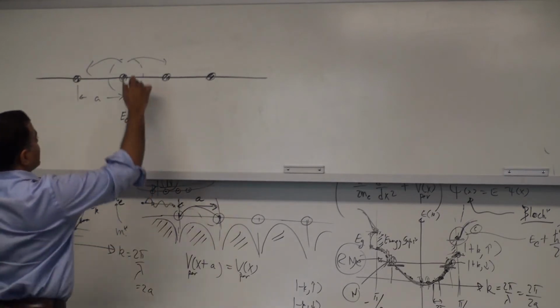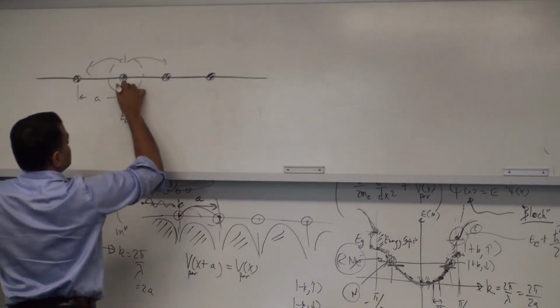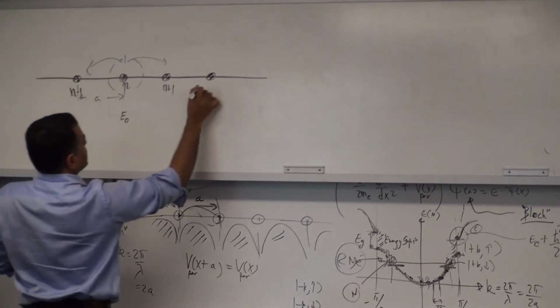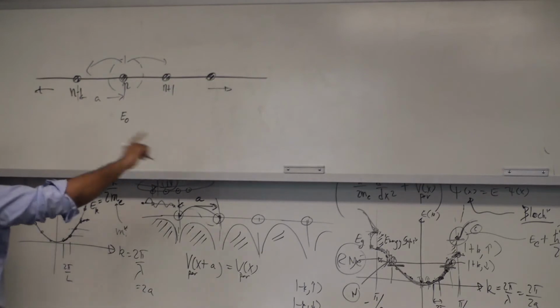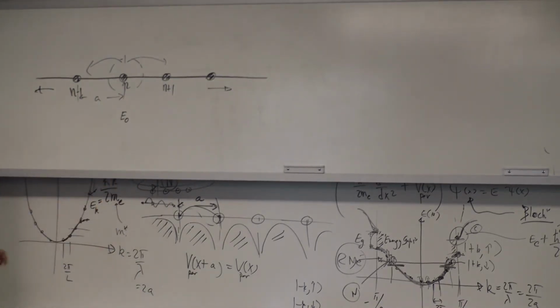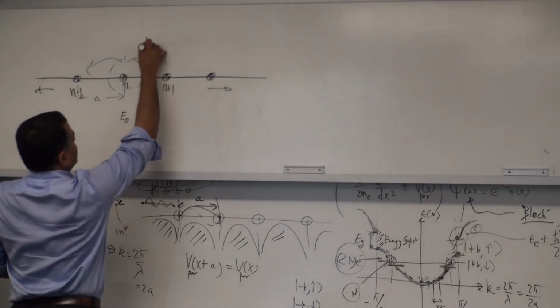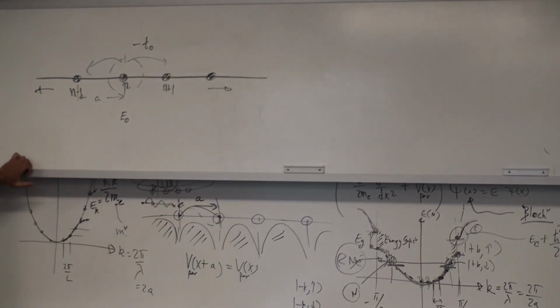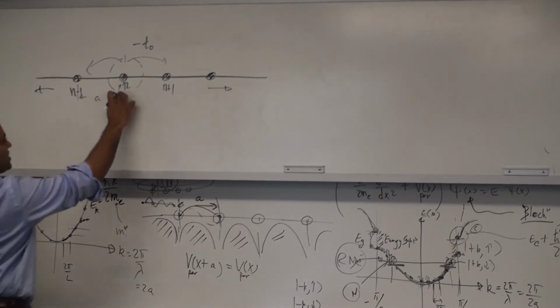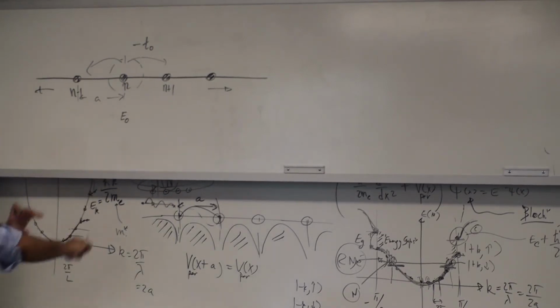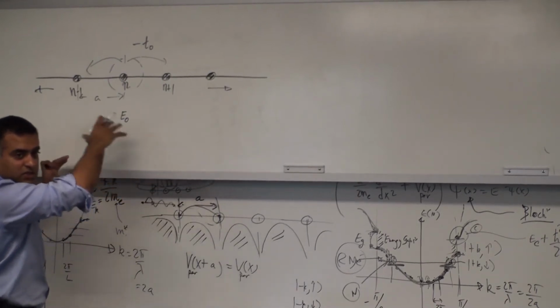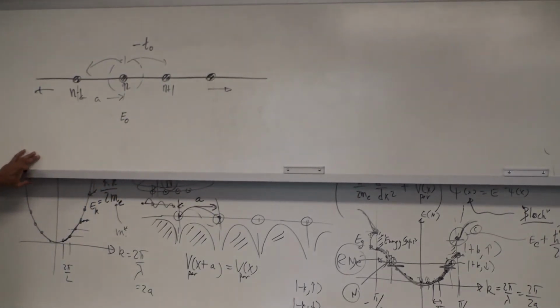So let's label this site n, and this as n plus 1, and this as n minus 1, and then it's periodic. It goes on. So if it hops to that site, let's say it lowers its energy by minus t0. Maybe a few millielectron volts or something like that. So that's if it hops from site n to n plus 1 or n minus 1. It can obviously also hop to n plus 2, n plus 3, not just the nearest neighbor, and that's okay. We're just going to keep it simple at this point.